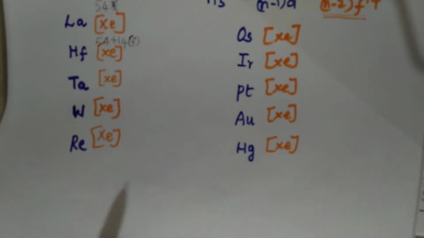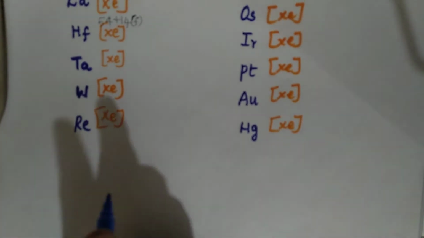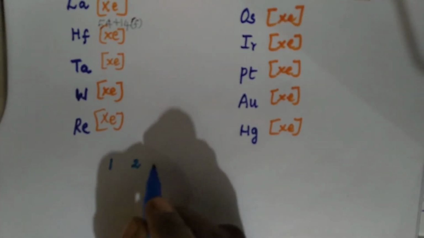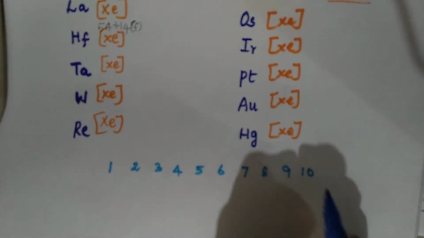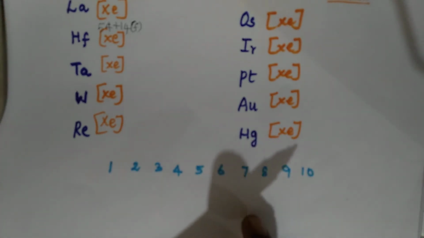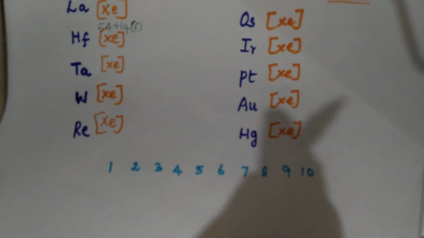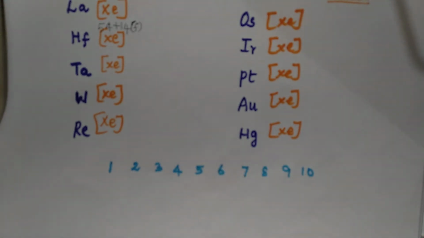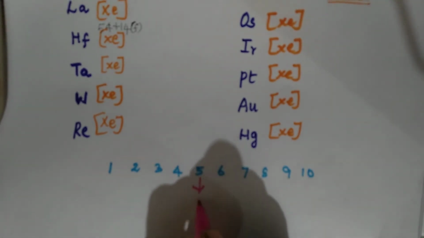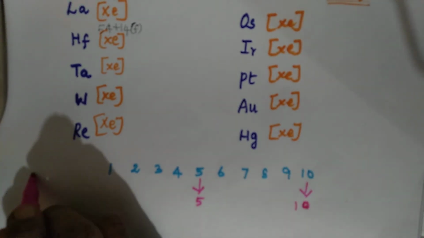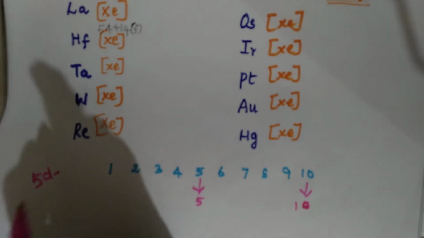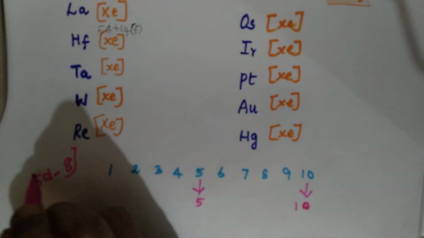Now I write down 1, 2, 3, 4 elements so that you can fill in the number of electrons for the subshell. That is the D subshell: 1, 2, 3, 4, 5, 6, 7, 8, 9, 10. Only 10 elements will come because only 10 electrons can be filled in the D subshell. That's the reason we are writing only 10. Again, as you have been doing, here also write 5 and 10. You can fill it up with the same number, half filled and fully filled. And for 5D, the number to be omitted is only one, that is 8. So omit only 8.